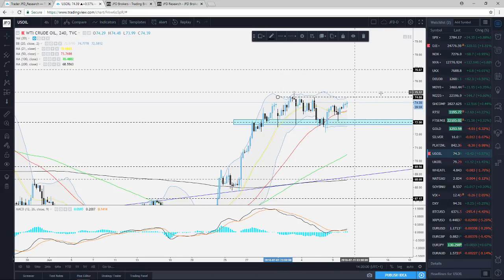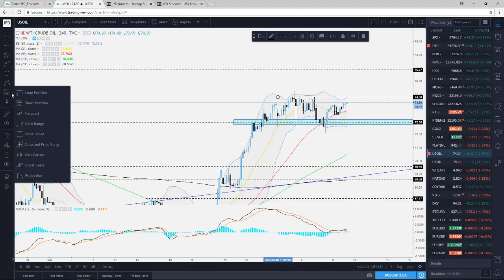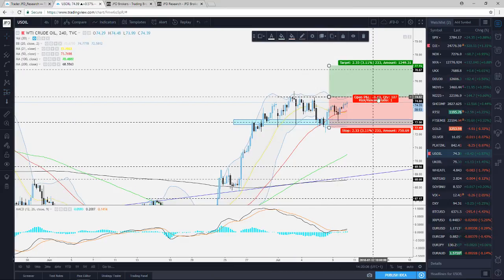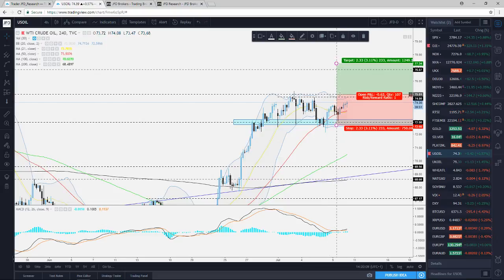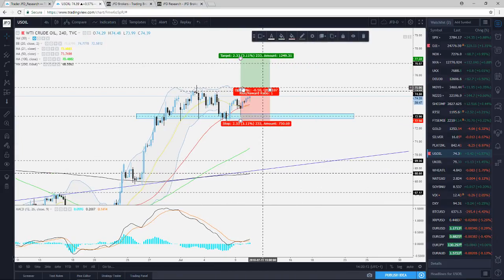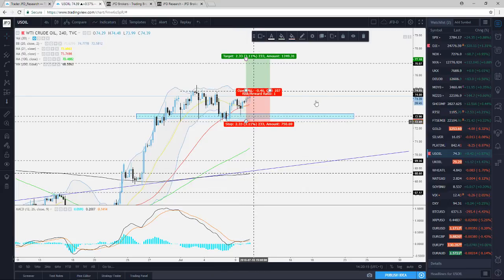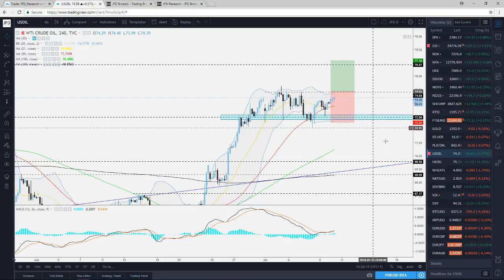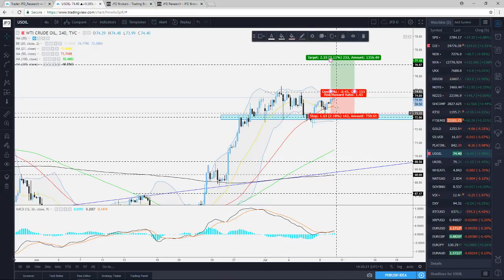Now this could be a good entry point for a potential trade, for a potential long. Let me just quickly adjust this up. There we go, and this is how we could potentially start positioning ourselves. So for example, if you do decide to enter a position here at around the 74.80 mark, then of course keep